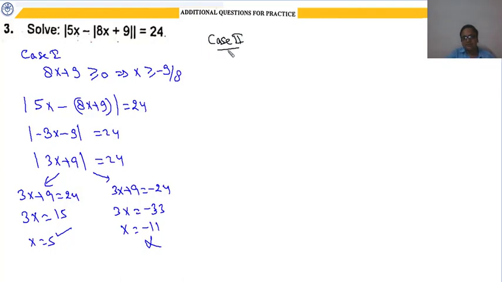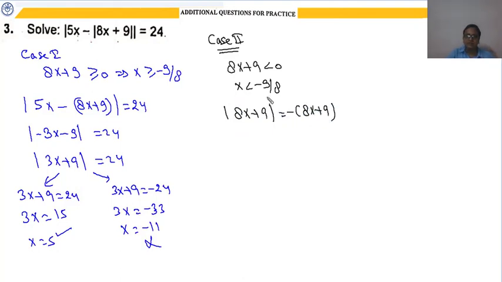Case second: we take 8x plus 9 as less than 0. So when we remove the mod, x is less than minus 9 by 8. So instead of |8x plus 9|, we should write minus of (8x plus 9), because we are considering values which are less than minus 9 by 8. So our basic question, which is given in this form,